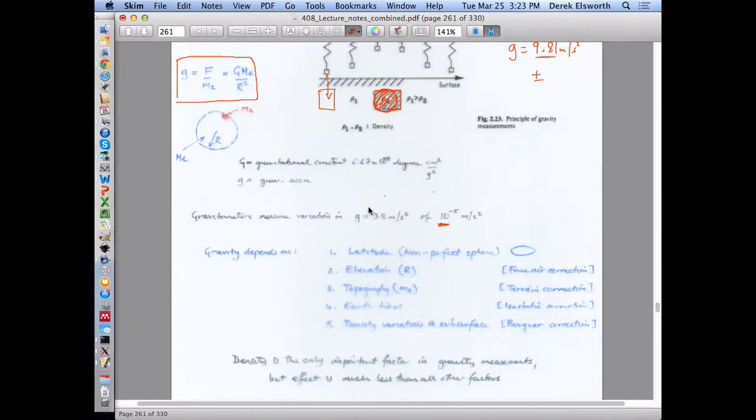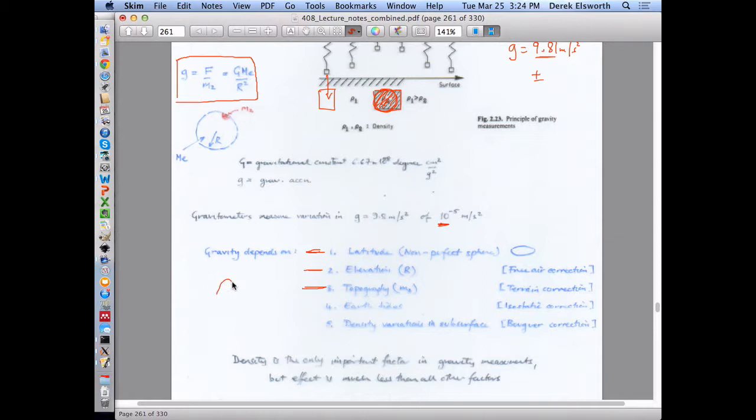And once it's level, you can measure gravitational things. The problem with it is that this very small signal that you're measuring is a function of a whole bunch of different things. It depends where you are on the surface of the Earth, poles versus equator. It depends whether you're at 5,000 feet standing on top of a mountain versus in the Nittany Valley at 1,000 feet. It depends on the topography around you as to whether you have,